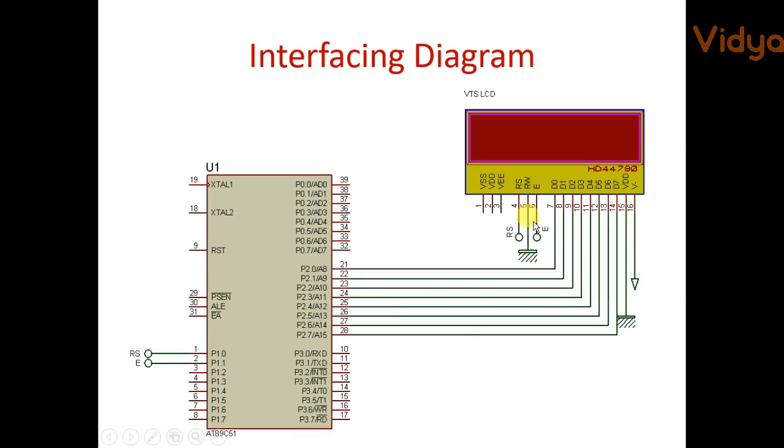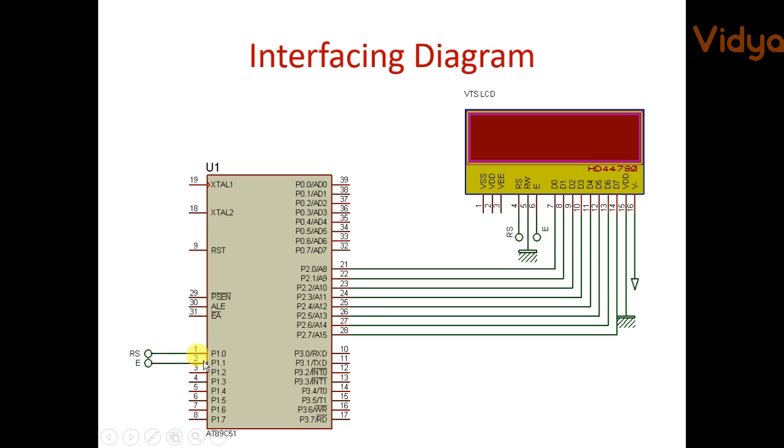Simple. This is how we can interface a text LCD with the 8051 microcontroller here. What we have done is connected all the data lines from D0 to D7 to port 2. Make sure D0 of the LCD gets connected to pin 0 of the port of the microcontroller, so it gets connected to P2.0 and D7 gets connected to P2.7. We have grounded the RW pin permanently. The RS pin goes to P1.0 and the enable pin goes to P1.1.